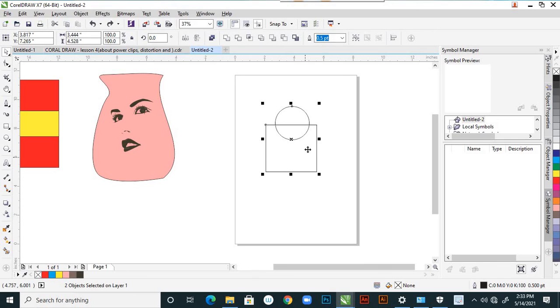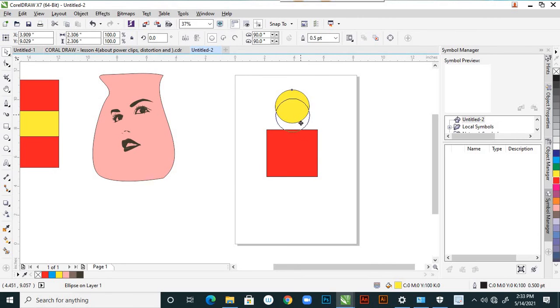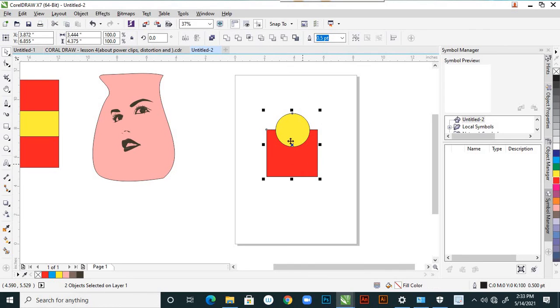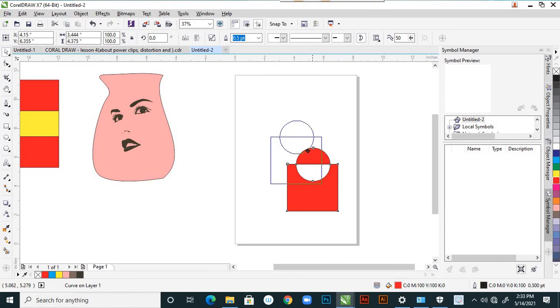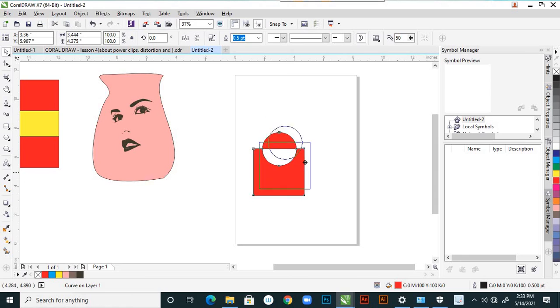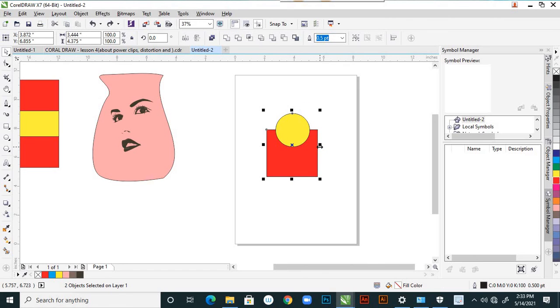Suppose the same thing we fill with colors, then we understand. One red and one with yellow, right? Now you select this by pressing shift. Now you click here, the combine, see, it is combined, right? So when you work with logo designs and some kind of combinations you want to cut, that time you can use this.